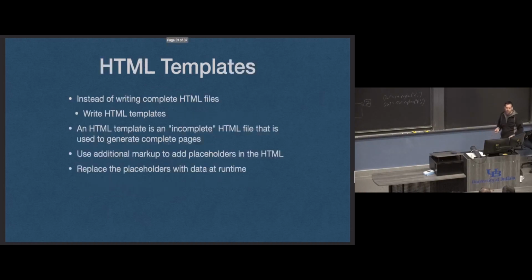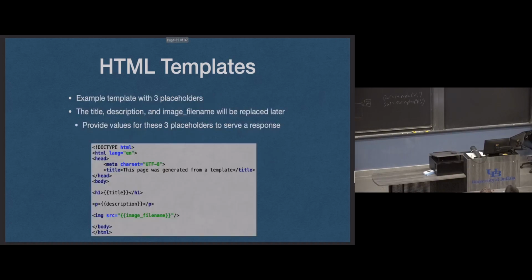So we generate partial HTML templates with placeholder values where the actual values are going to go. In the HTML I give you, there's this placeholder for the visits. And I like to use the double curly brace syntax for placeholders. Here I have placeholders for title, description, and the image file name.